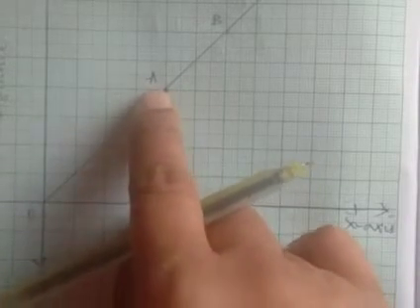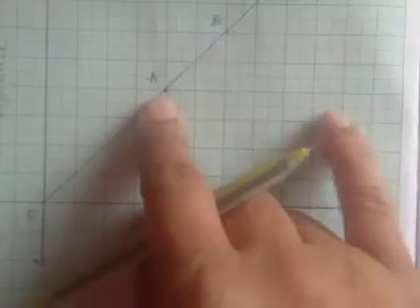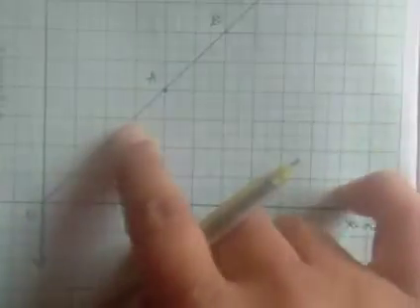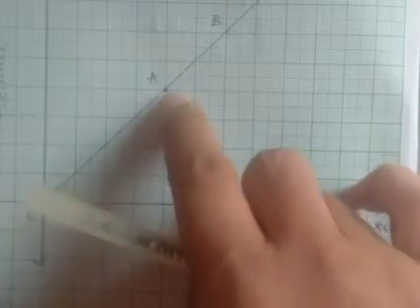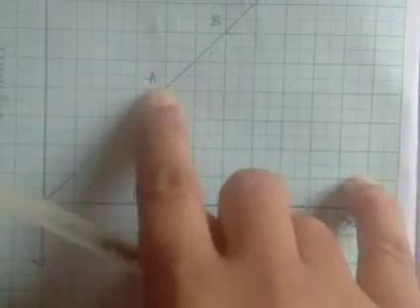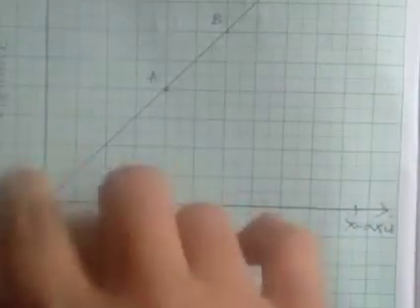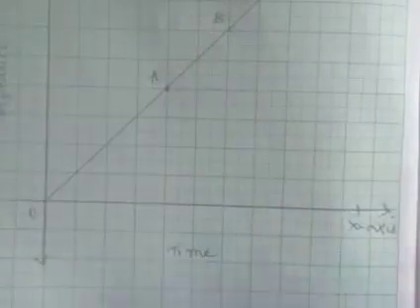Coordinate means the position of a particular point on the graph, which will give you the speed from A to B. How much is the speed of this? And for that we need to know the coordinates of these 2 points on the x-axis and on the y-axis. So let's suppose the coordinate of A is nothing but x1, and let the time be t1.